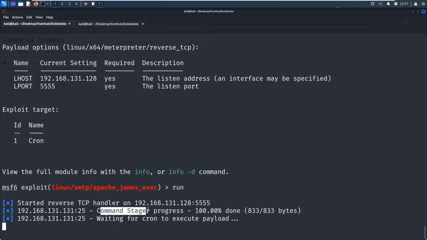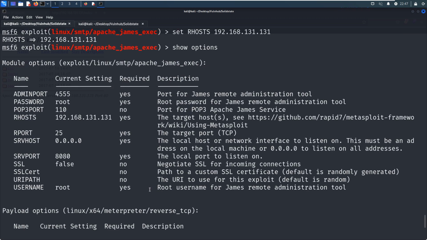So command stage progress 100% done. It means that it works, and it is waiting for a user to execute the payload. Actually, if we know the mechanism of this exploit, it is waiting for some user to log in. But at this point, we didn't get any credentials for the user. We just confirmed the password and username for the remote administration 2.